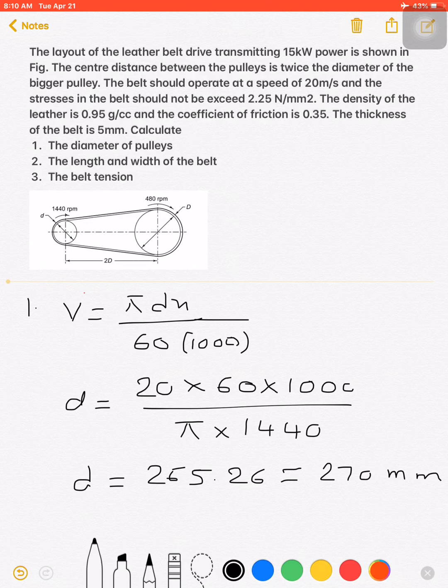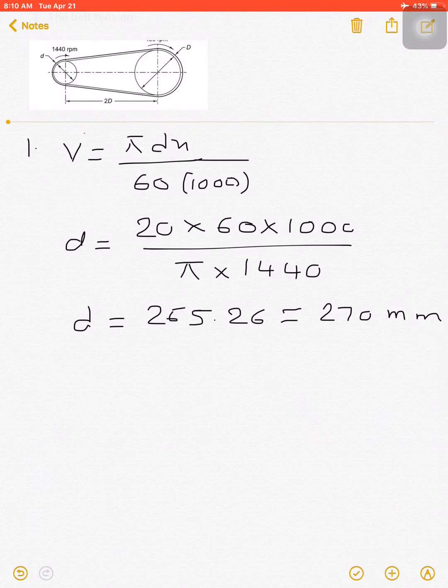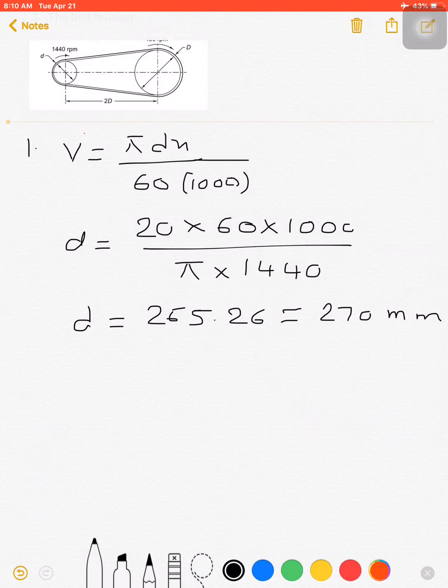This is the diameter of the smaller pulley. Now what is the diameter of the bigger pulley? We can use the ratio. The ratio of the diameters is equal to the ratio of the speeds. Small d is 270, and I am writing that again,